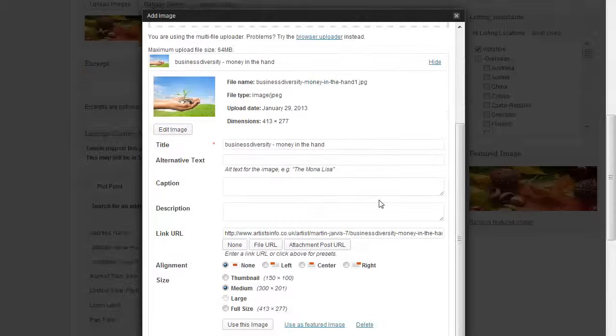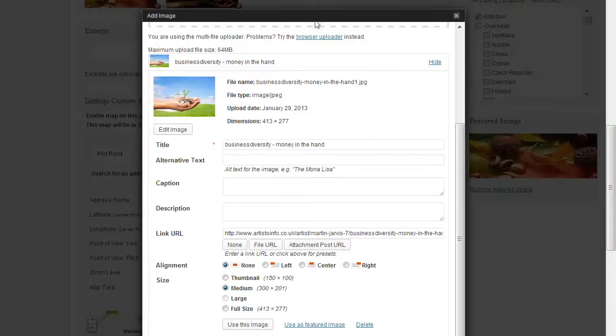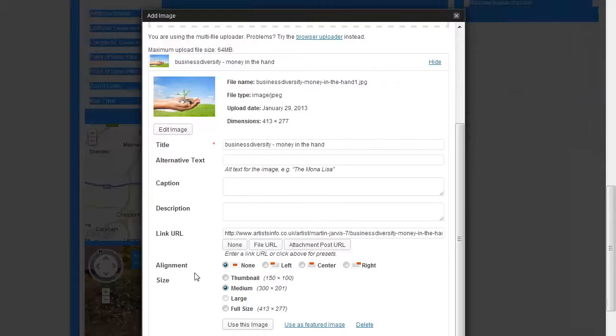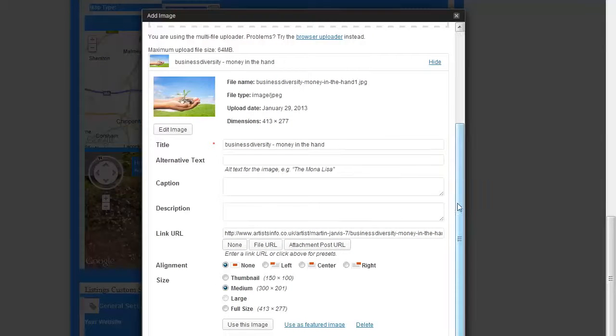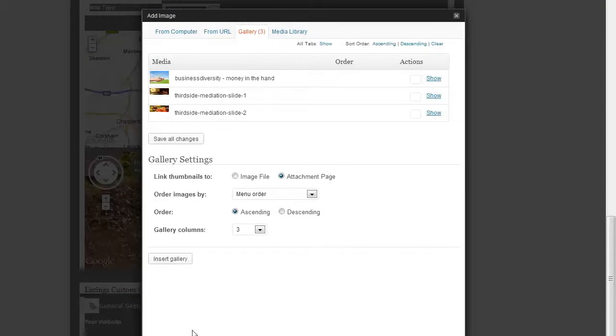Right, and now the system is asking us what we want to do with that image. Let me just scroll down a little bit. Unfortunately, on this example here, you cannot see the button underneath here that says Save All Changes. You need to click the button to save your changes, and then what it will do is it will show you those images. So these are the 3 images that I now have in my gallery,